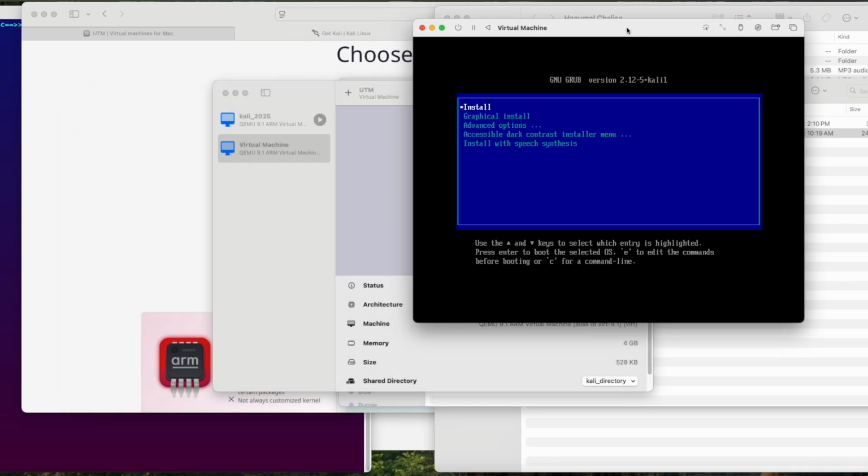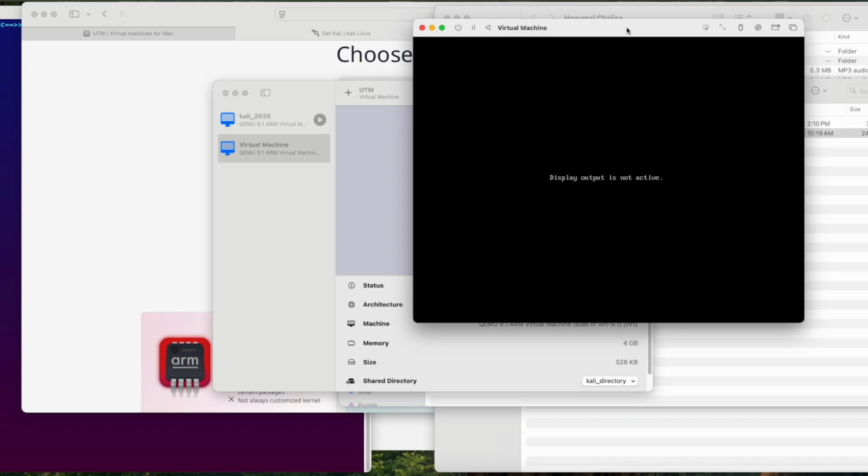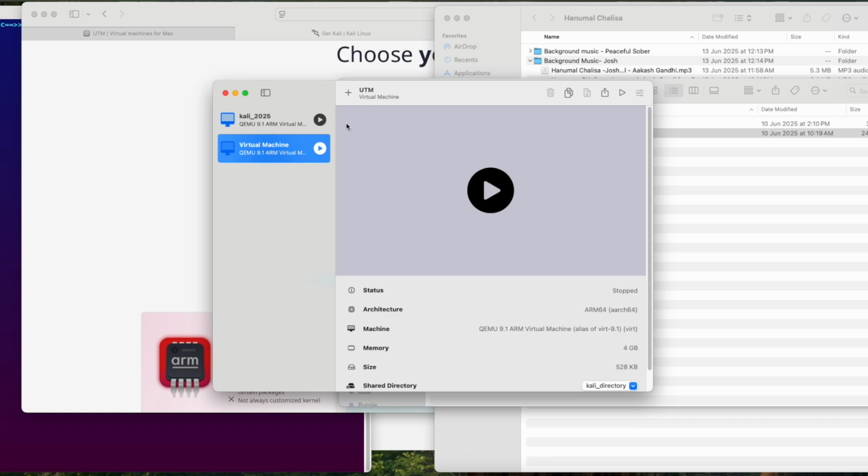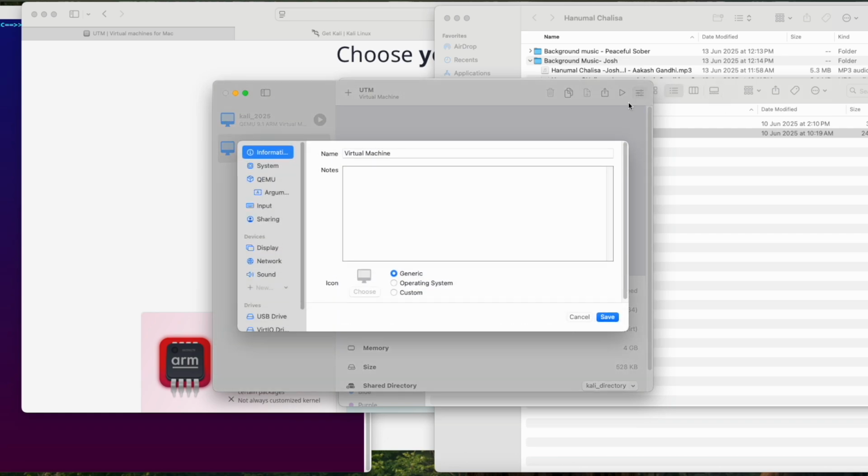As we try to boot, post the first screen here, if we click OK, a message pops up, display output is not active, because the driver for display output is not yet enabled on Kali by default. Now to work around that, shut it down, go to the settings of the virtual machine